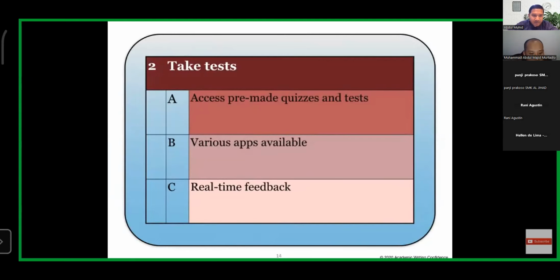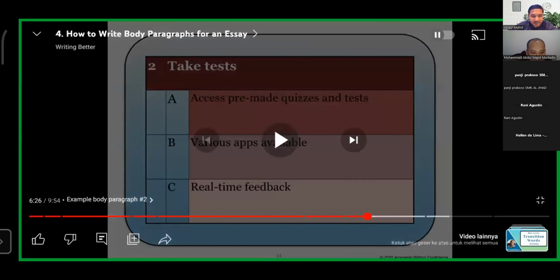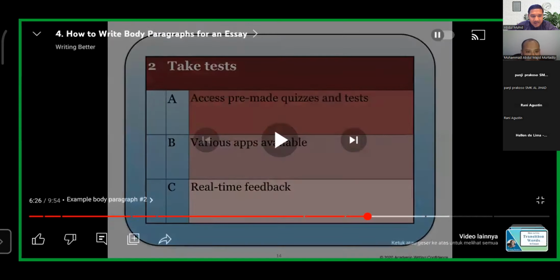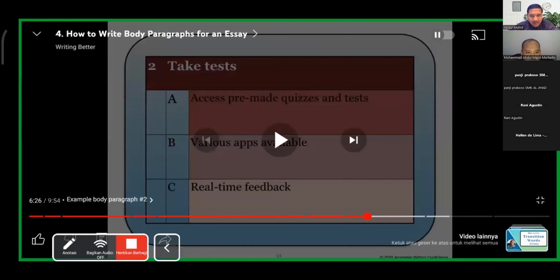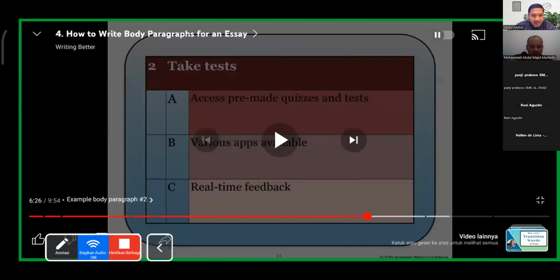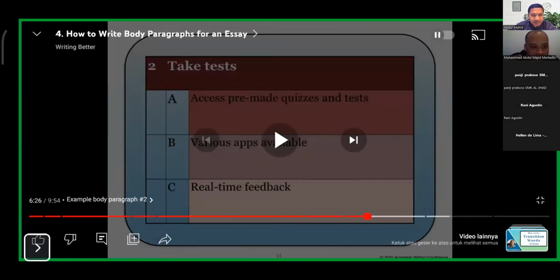Gimana, Panji? Sudah jalan belum videonya? Sepertinya nggak jalan. Sudah, Pak? Tapi nggak ada suara. Oke, boleh nanti link dibagikan saja. Ya, link YouTube-nya dikasih ke grup ya. Nanti semua materi dikirim ke grup ya.